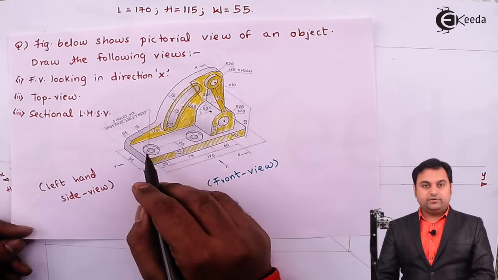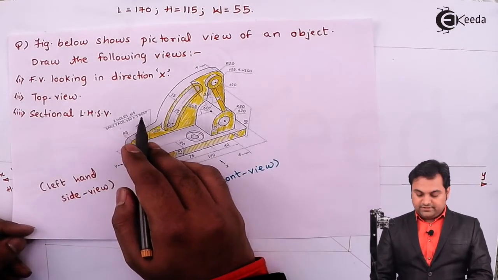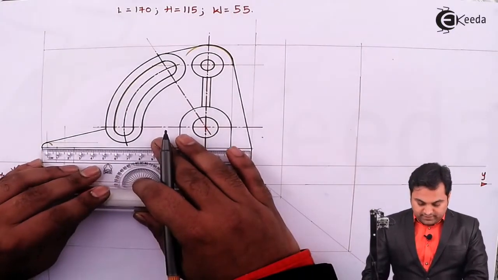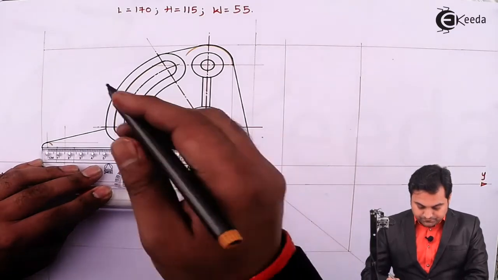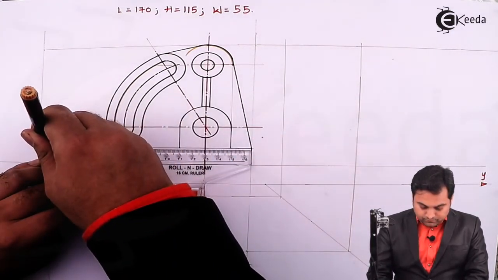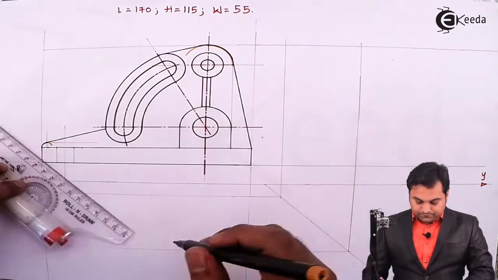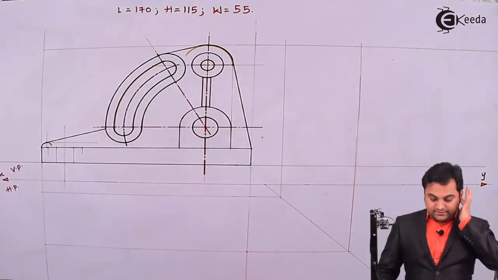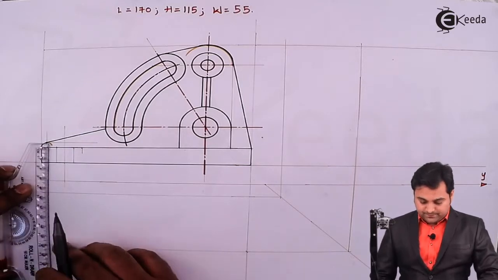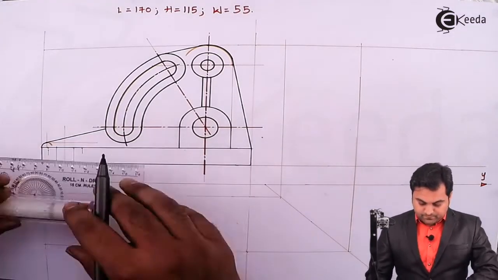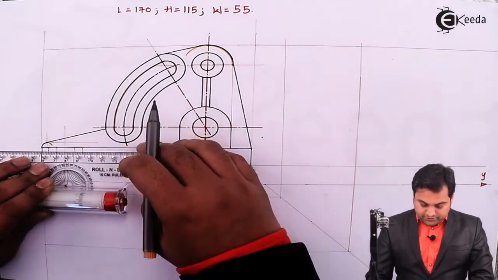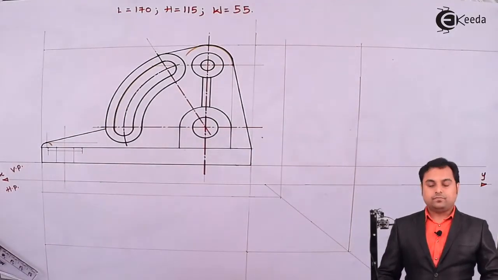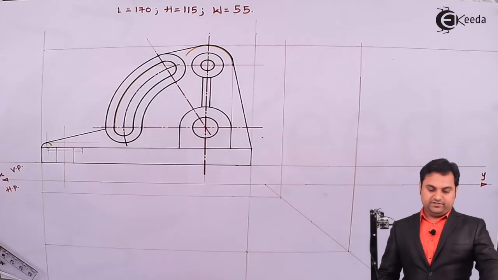Then here there is a spot face of diameter 30 and it is 3 mm deep. So for that I will take 15 mm on one side, 15 mm on the other side. Projecting light vertical lines, then taking 3 mm distance, and projecting it light. Now this is the spot face. Similarly, there is another spot face here